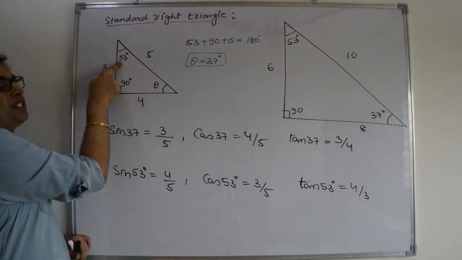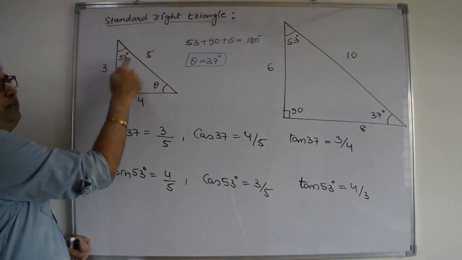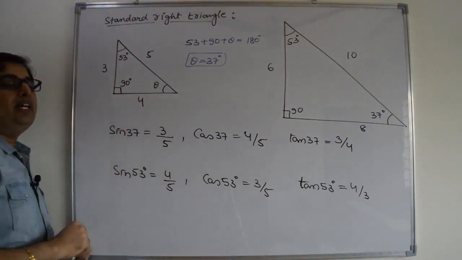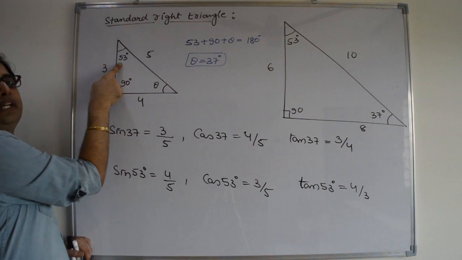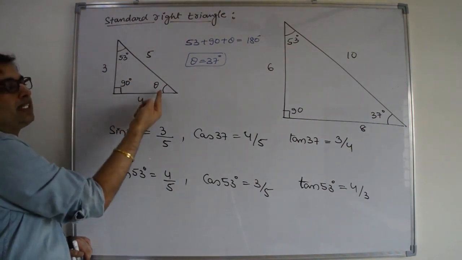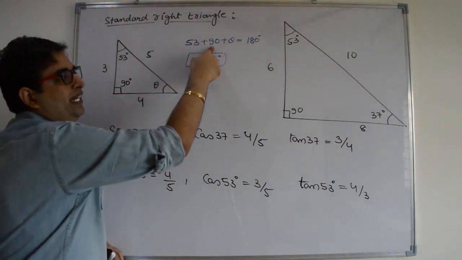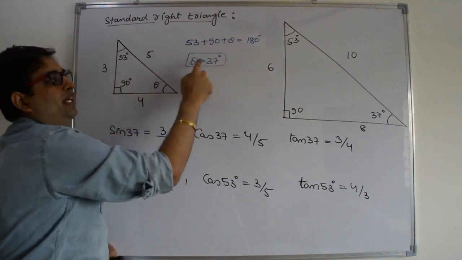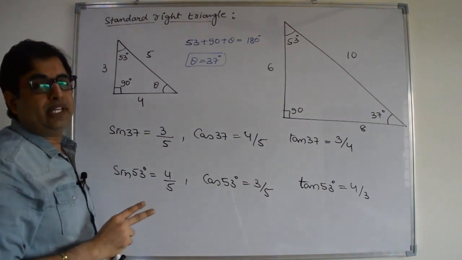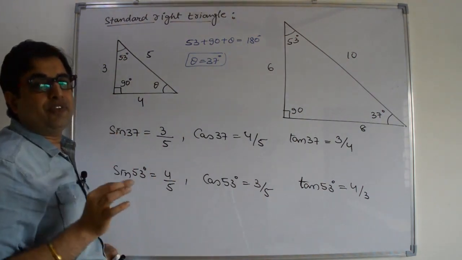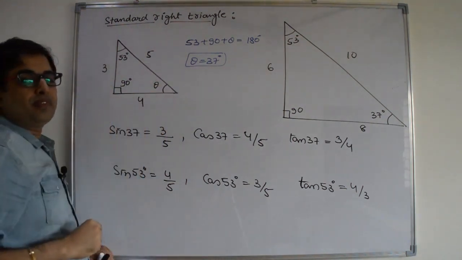Remember, this angle is always 53 degree. How to remember this? 3, 4, 5 sides will make a 53 degree angle, right? It is calculated mathematically, but how to remember it? 53 degree, right? The remaining is theta. Let us calculate the value of theta. The sum is 180 degree. So 53 plus 90 plus theta is 180 degree, so theta is 37. You have to remember these two very important angles, 53 degree and 37. 53 is between 5 and 3, and 37 is between 5 and 4, right?